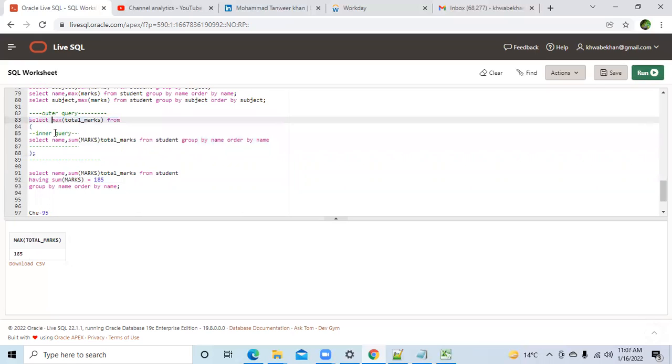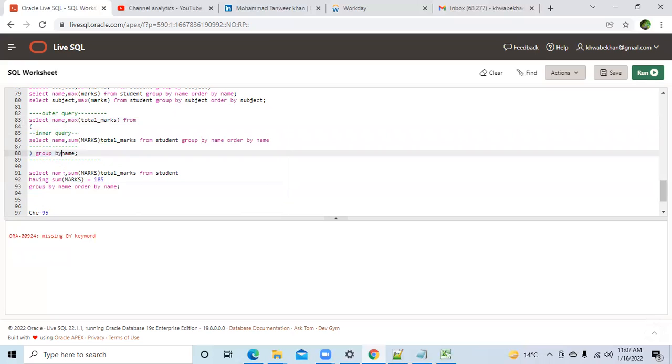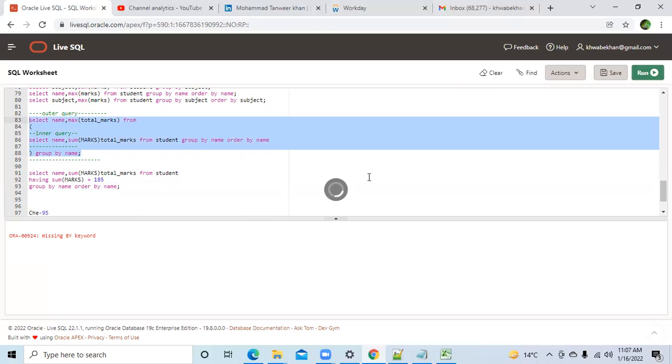Sandeep told me to write name here. Okay, I have written name. Purposely, I think Sandeep was trying to trick me. I have written name, but instead it was giving the incorrect result. I will show you. I'm missing this GROUP BY. If I run this, I am getting not incorrect but unexpected, not the expected result.